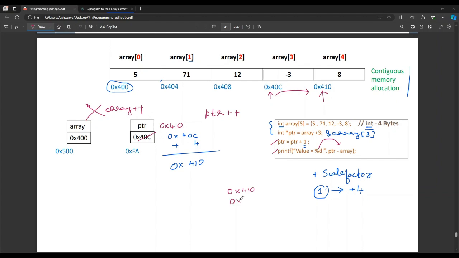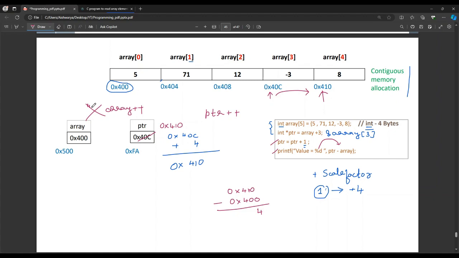So 0x400, basically 0x means hexadecimal. So what would this give? If you try to do it in the calculator or on this program, this would be 4.